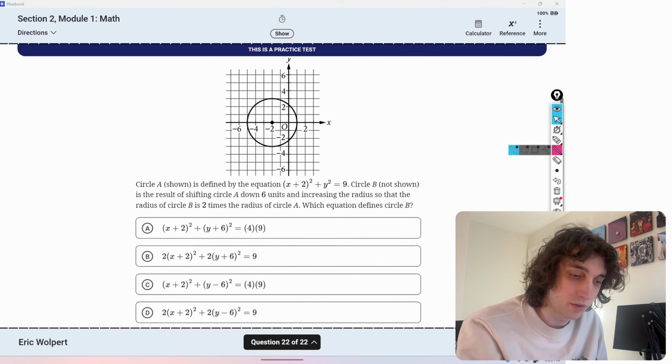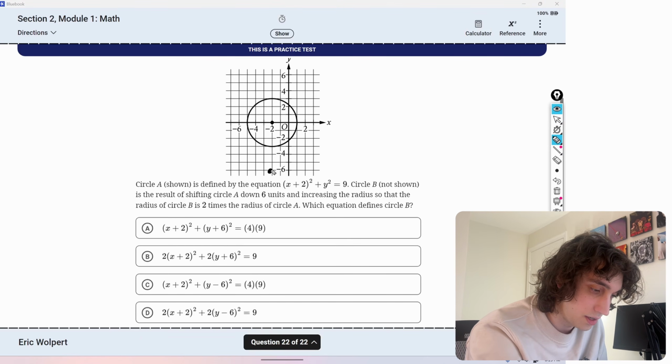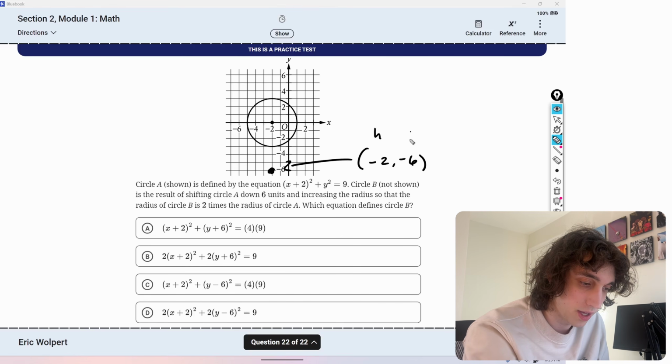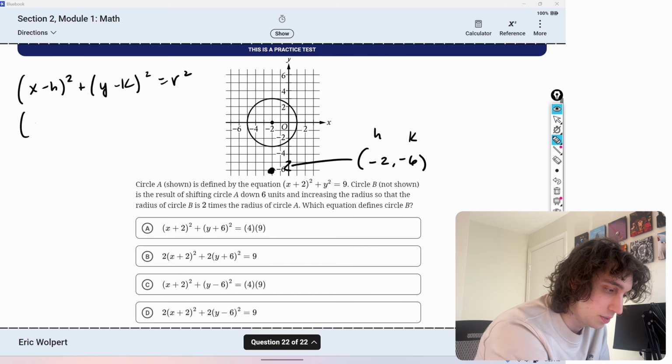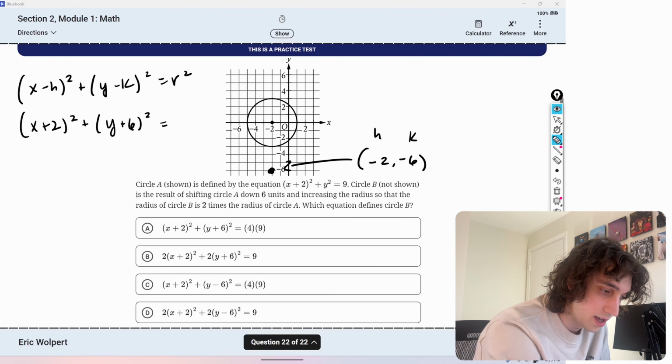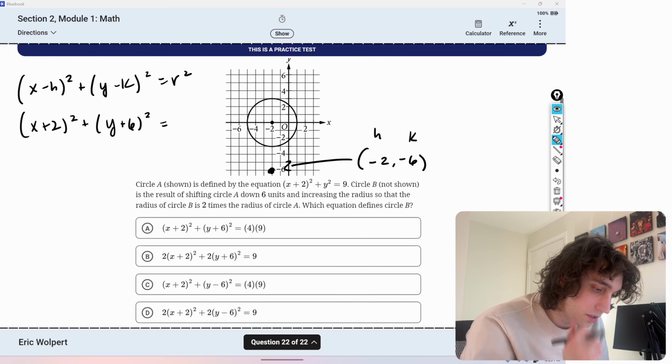So if we know the circle formula, well, we know the center has to be down here, right? This is 6 units down, aka the center should be at h of -2, k of -6. So x minus h squared, y minus k squared equals r squared is our formula. Should be x plus 2 squared plus y plus 6 squared equals r squared. So this alone should tell us it's presumably going to be answer choice A, but just to make sure that